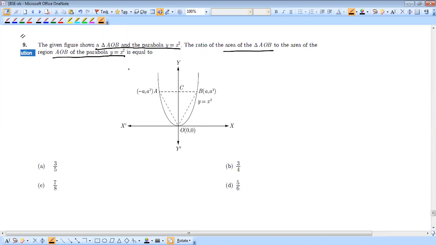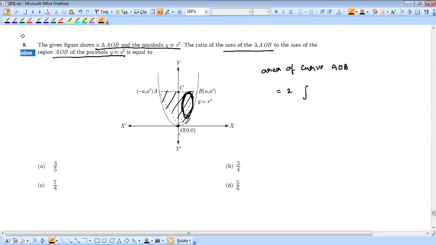See, it is y is equal to x square. It is symmetric about the y-axis. So now we have to find the area under the curve from this point to this point, I mean this total. So one part you find, this part, and the other part is automatically symmetrical to it, so we can take 2 into. So the area of the curve AOB is 2 into